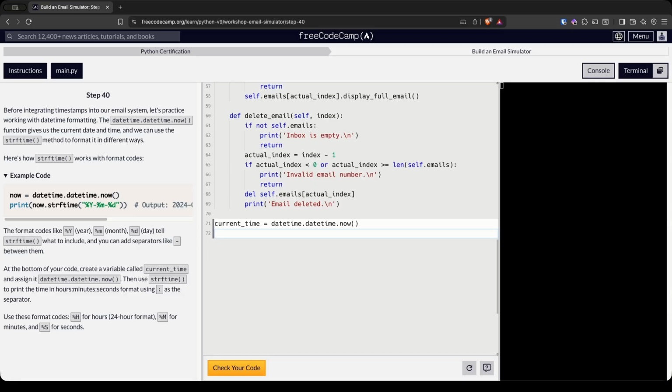And then use strftime to print the time in hours, minutes, seconds format using the colon as a separator. So print